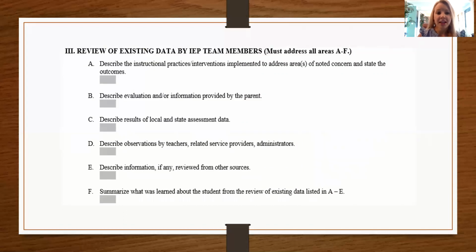And then the next section, we're really going to look at data. So looking at that information and the numbers that we already have to pinpoint where the child is at currently. So this first section A is the instructional practices, the interventions that are in place to address those concerns. So this is where we're going to document if there's already been an intervention plan in place, what that is, what types of interventions are being provided, and then the frequency and intensity,